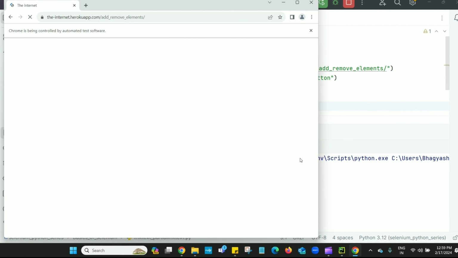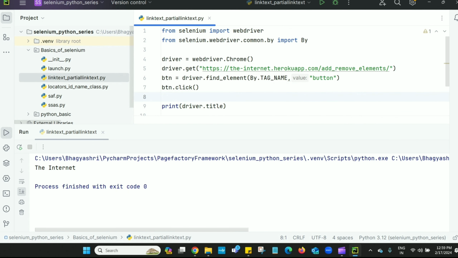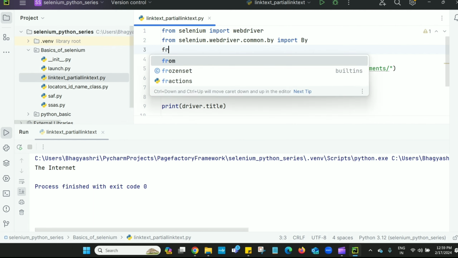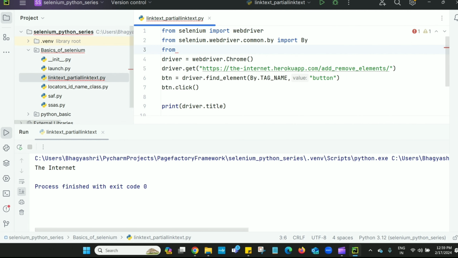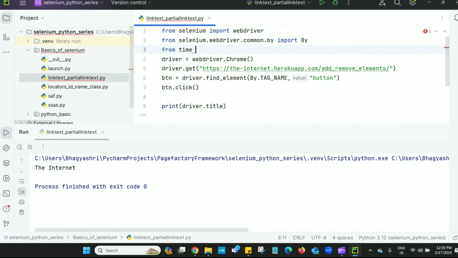It is opening the application and clicking on the button. The internet speed is fast, so we'll use from time import sleep. I will add a delay after clicking on this button so that we can see whether it is clicking the button or not.